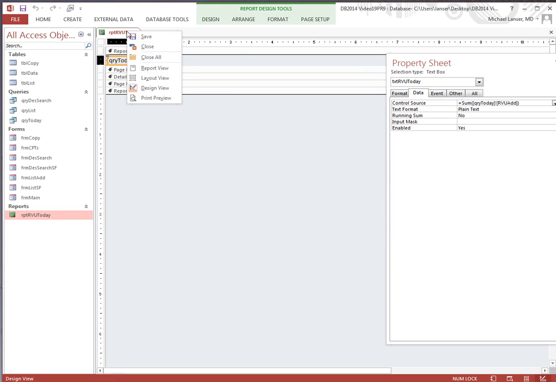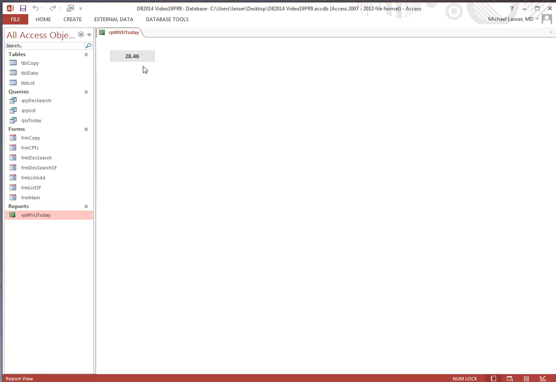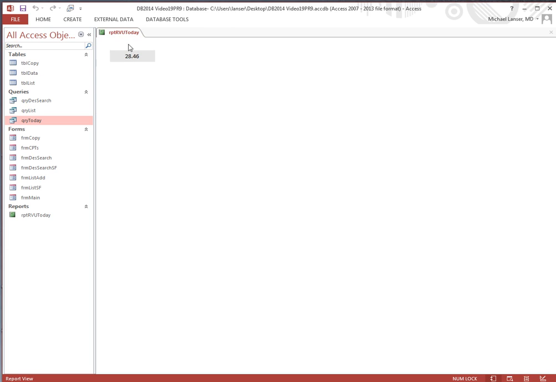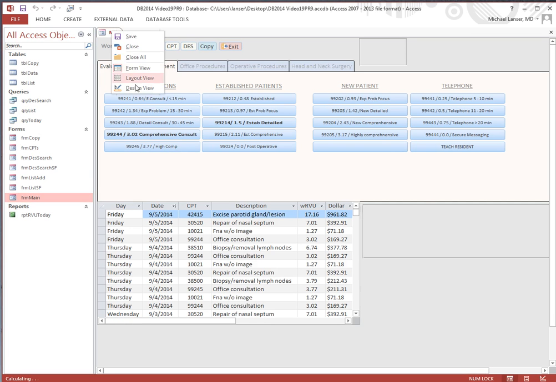Now if we save and look at it in report view, there's those 4 records that, and I'll pull it up on query. If you sum all of these numbers up, I think pretty confidently that it would add up to this number right here. Okay, save and close. So now we'll go to frmMain, go to our design view,